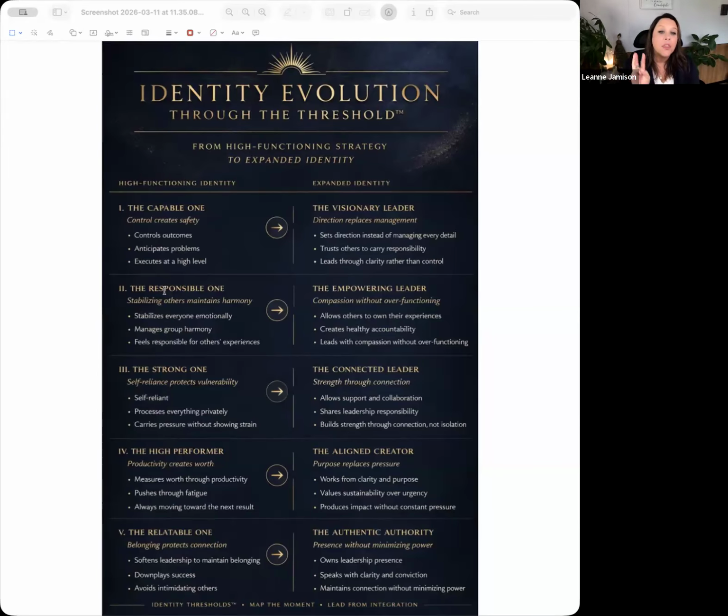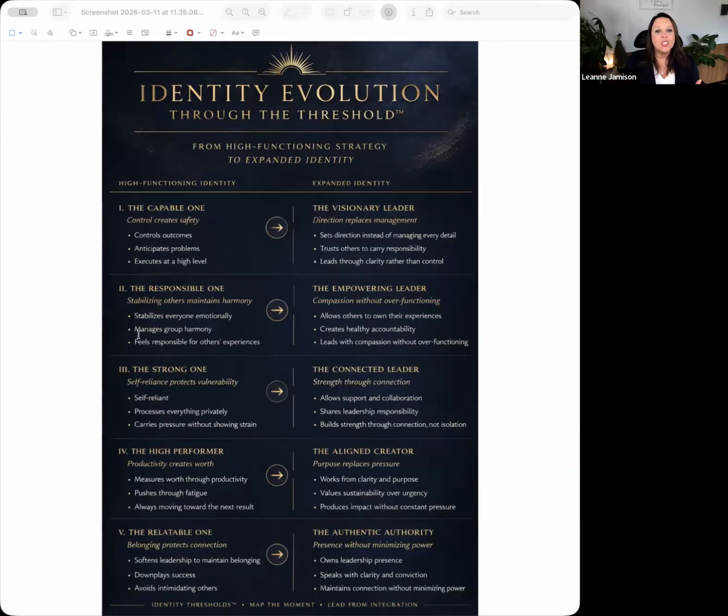Okay. The third identity is the strong one. And we're moving from the strong one to the connected leader. So, the strong one, again, as a reminder, the strong one is remarkable under pressure. She stays composed when everyone else is unraveling. She carries an enormous amount, and she does it without showing any kind of strain. People, excuse me, people really trust her, right? They trust her precisely because of this. She's the one they look to when things get